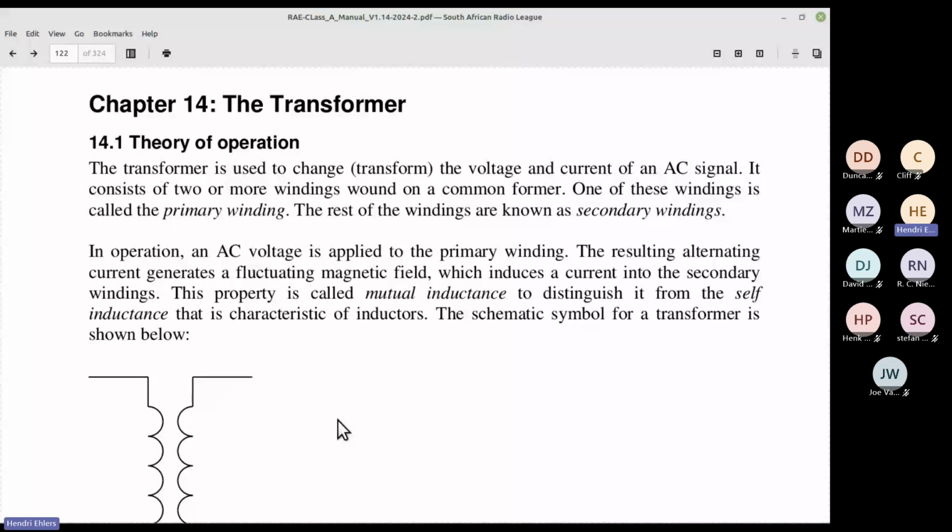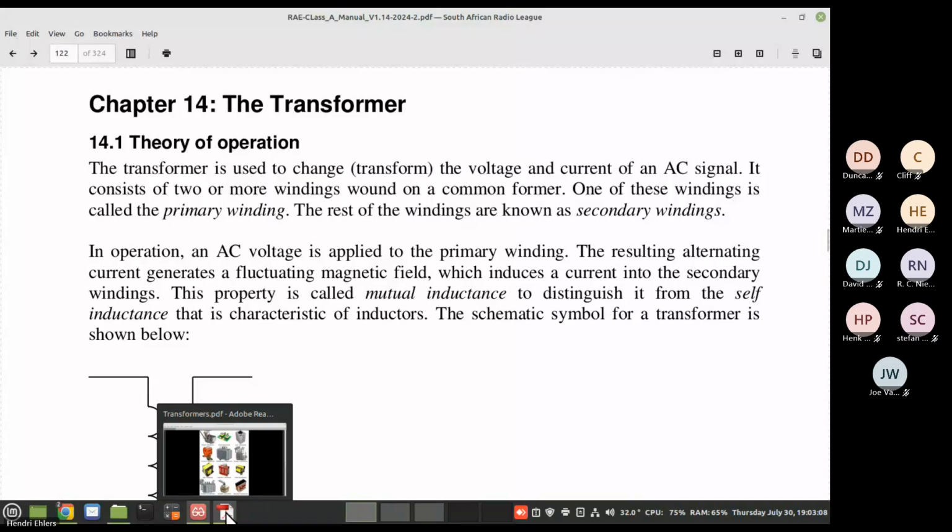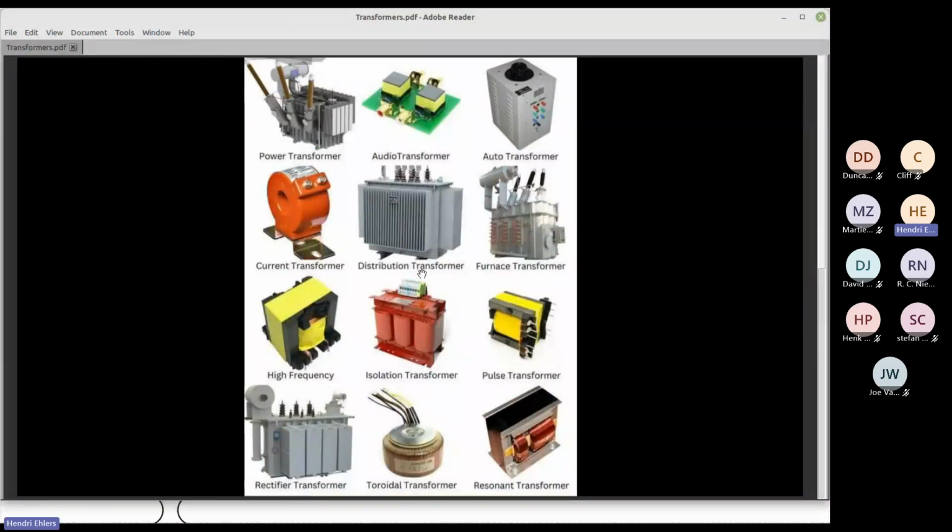And a person must not confuse that with self inductance of the, I can't remember what that thing's called. Can you believe it? Inductor. So a transformer's got two windings, and those are the different transformers. They come in many shapes and sizes, and just you switching the light on has gone through at least 3 or 4 transformers, if not a lot more.